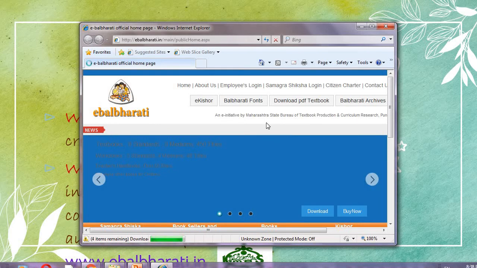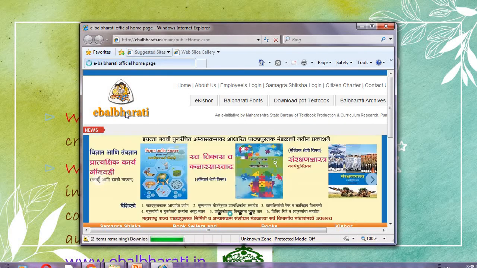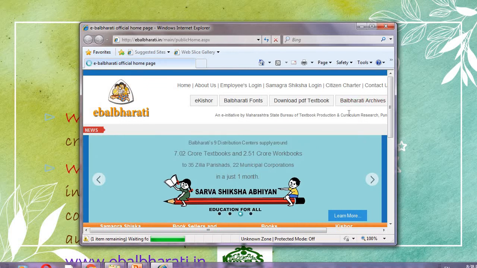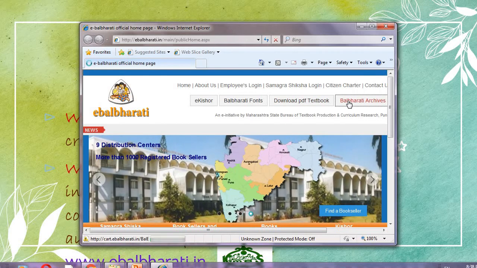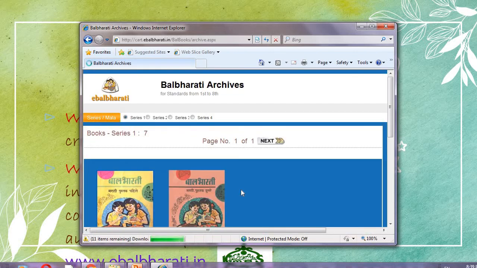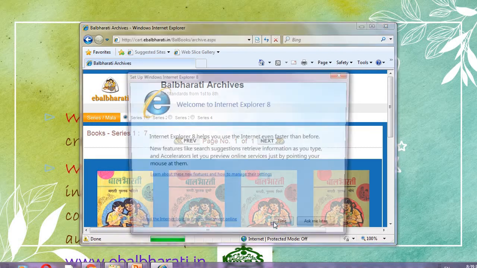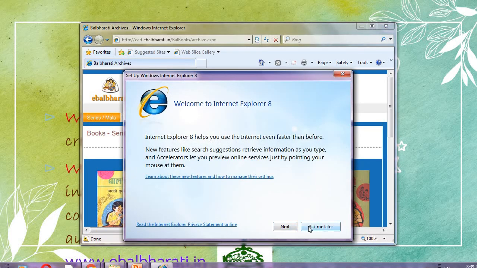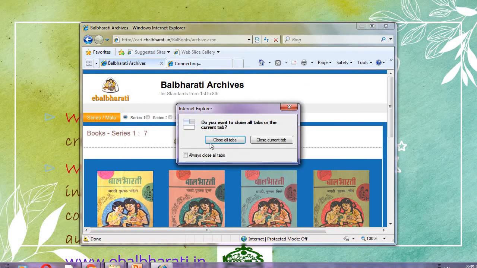This website contains many web pages. When you click here, these pages will get open. You can download books from here. Okay, understood, student?